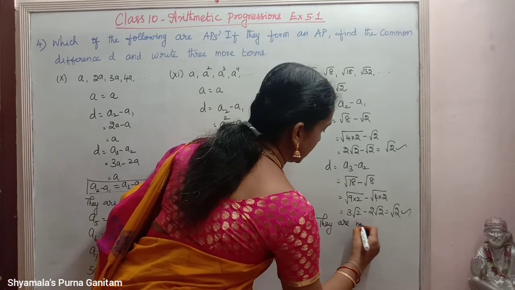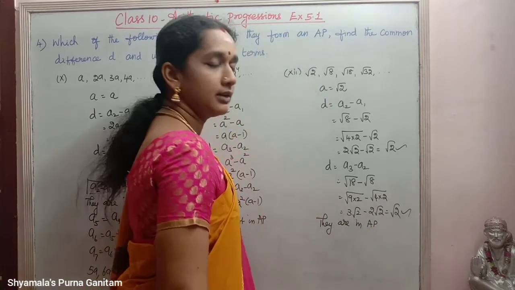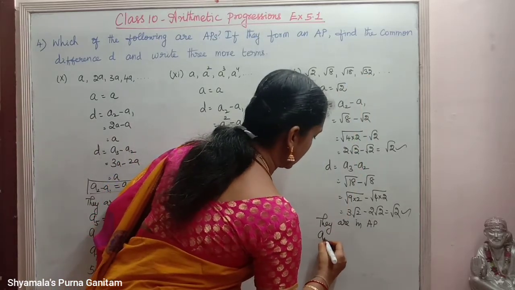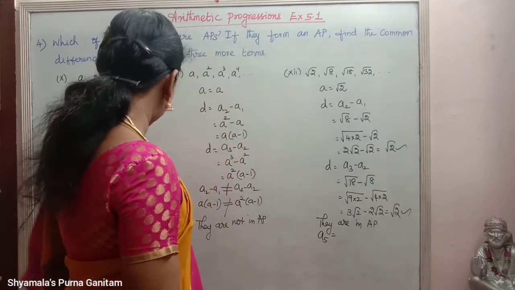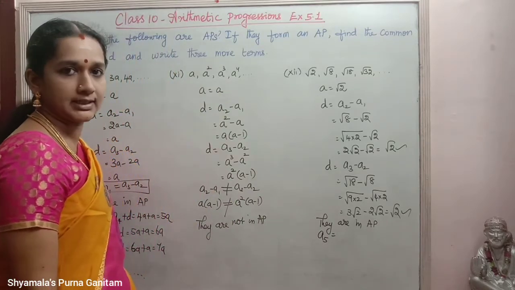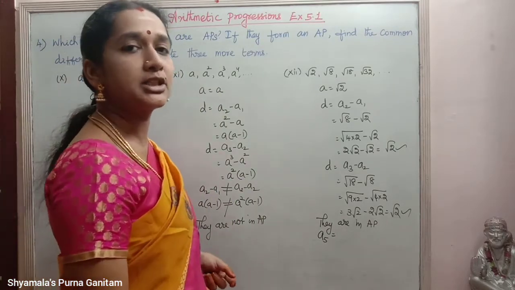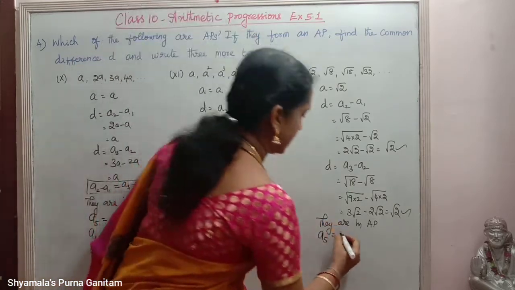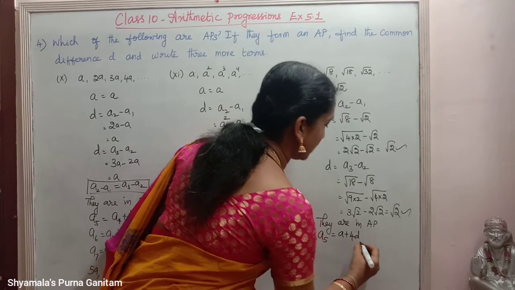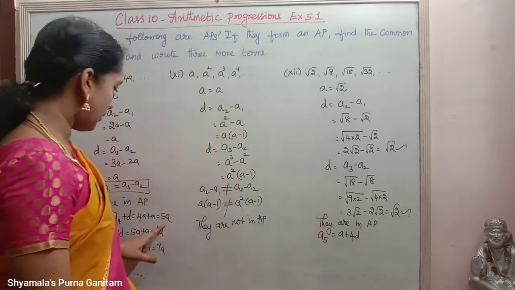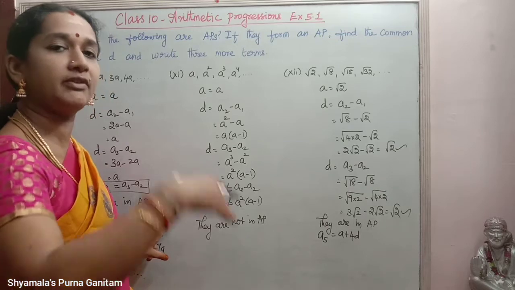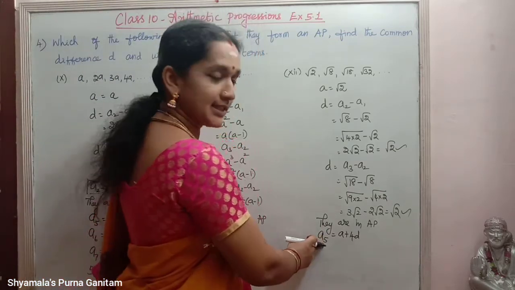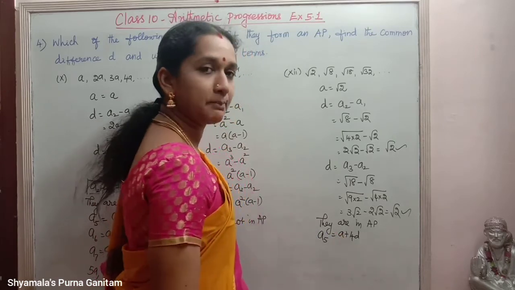They are in AP. So for the next three terms, till a4 it is given. So a5: one way is we can write it as a4 plus d, or the other is a plus 4d. Like that also we can find the next term. In both ways we can find. One is the previous term plus the difference, or else a plus 4d, since it is the fifth term.